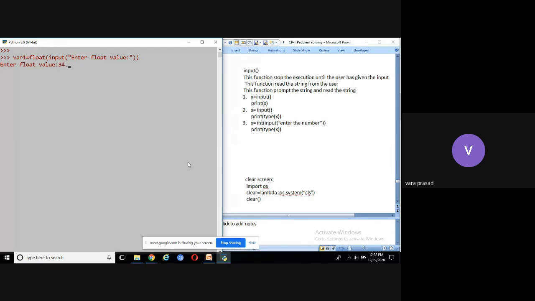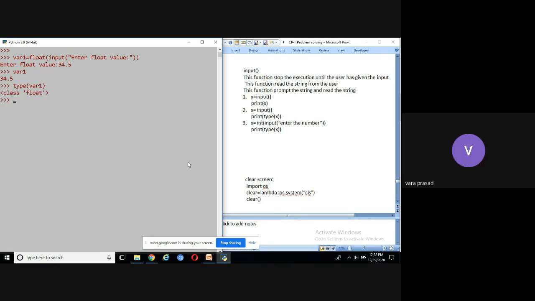Is 34.5 a float or a string? Here 34.5 is a string. Press enter. Then the float function is executed, takes 34.5, converts the string to a float value, and it is stored into variable 1. Now you can display the value of variable 1. How to display the type of variable 1? The type of variable 1 is float.